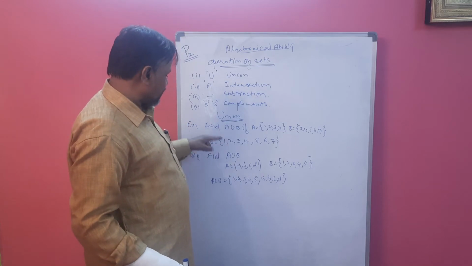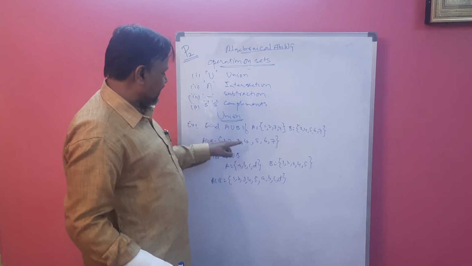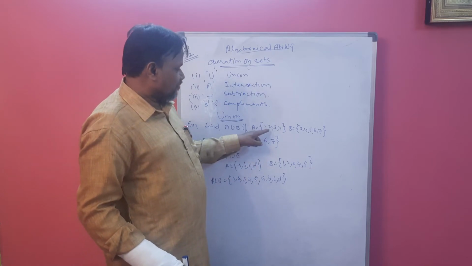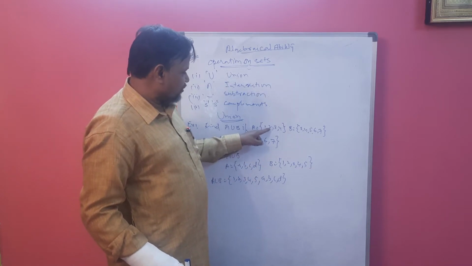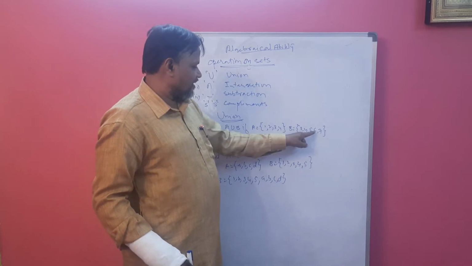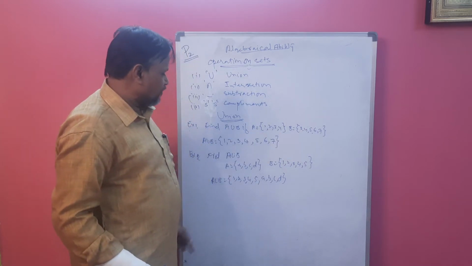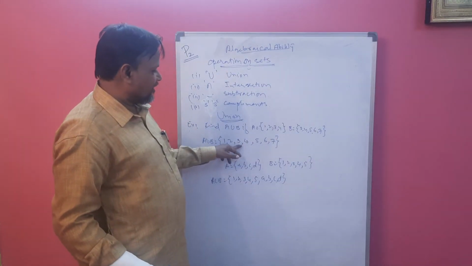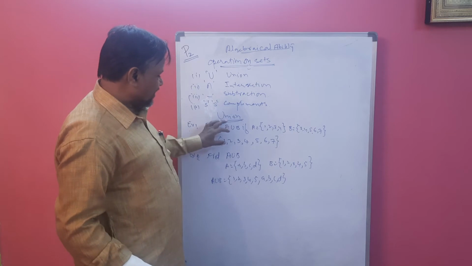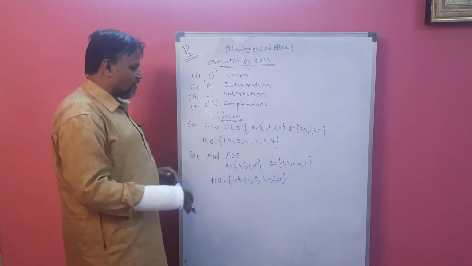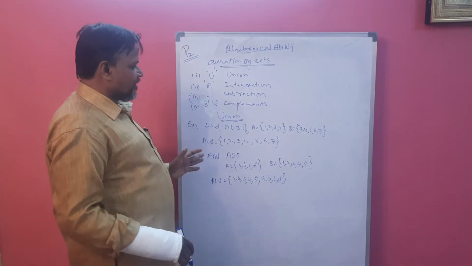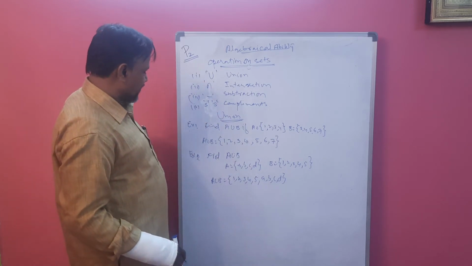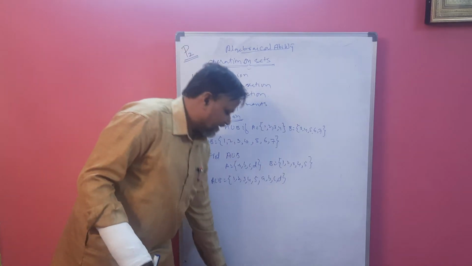In the union of example 1, we get only 7 elements, 1, 2, 3, 4, 5, 6, 7. There, 9 elements were in total, but 2 elements were repeated, so we write them once, not twice. So remember that in union we have to combine all elements of A and B without repeating the common ones. Now come to intersection.